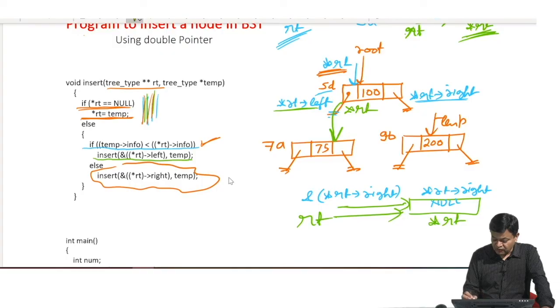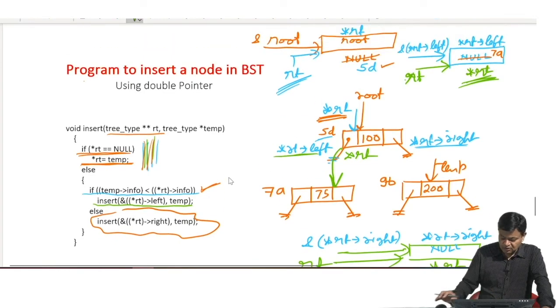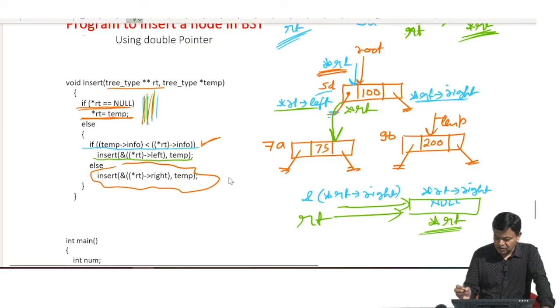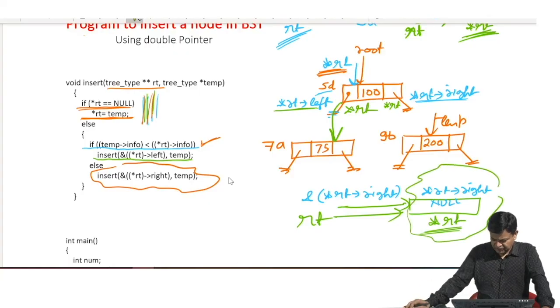What is the value of the second insert's *rt? This is equal to null, because the first insert's *rt->right is equivalent to the second insert's *rt. Okay, you can see it from this diagram. So, the second insert's *rt is equal to null.